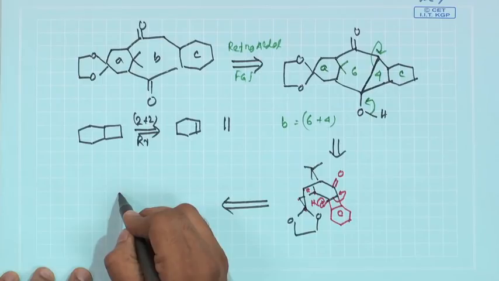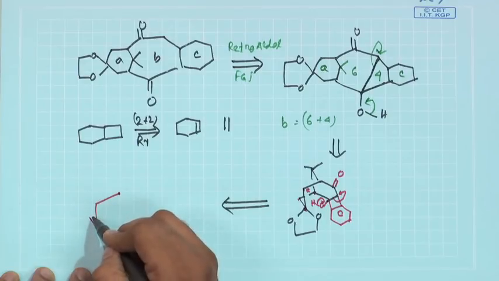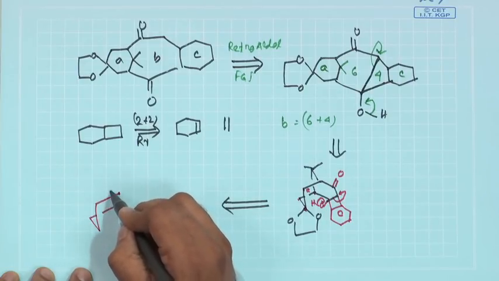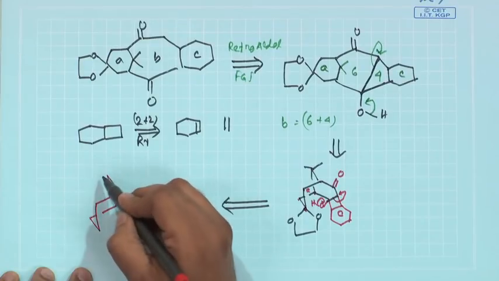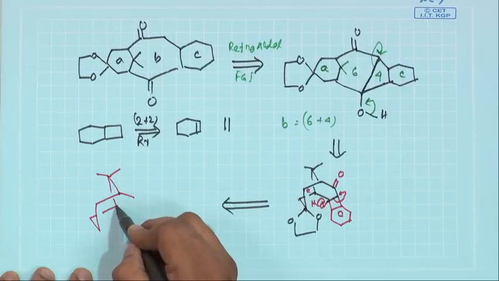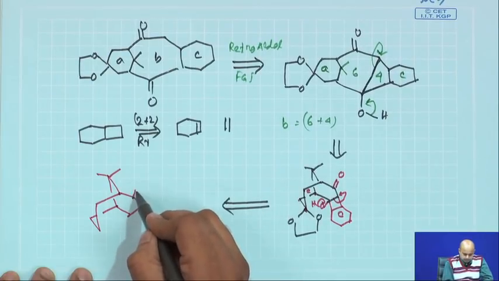The structure is definitely complicated, but nevertheless it is a good exercise for you. You draw the structure a couple of times and then you find there is this kind of